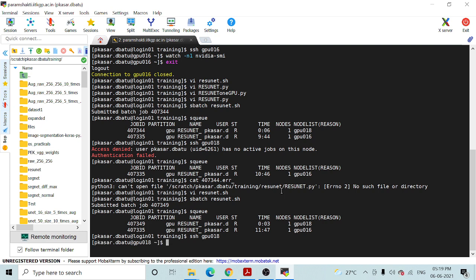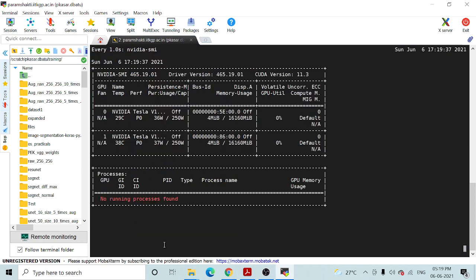Yeah, so I have switched to GPU 18, and now I can see whether both of the GPUs are getting utilized or not. So watch -n1 nvidia-smi.